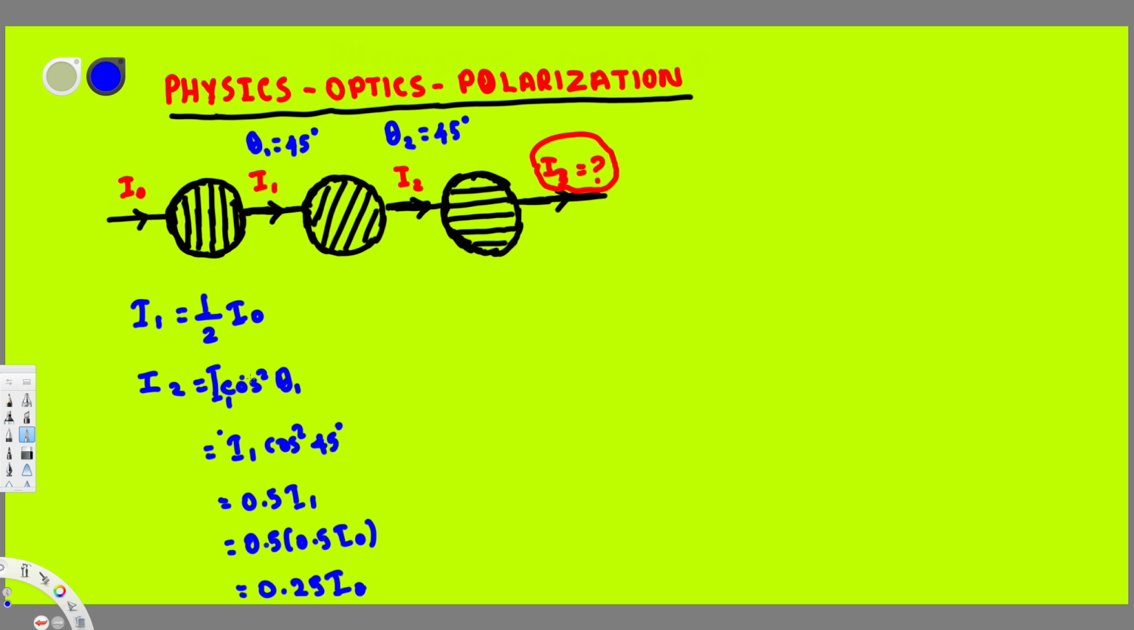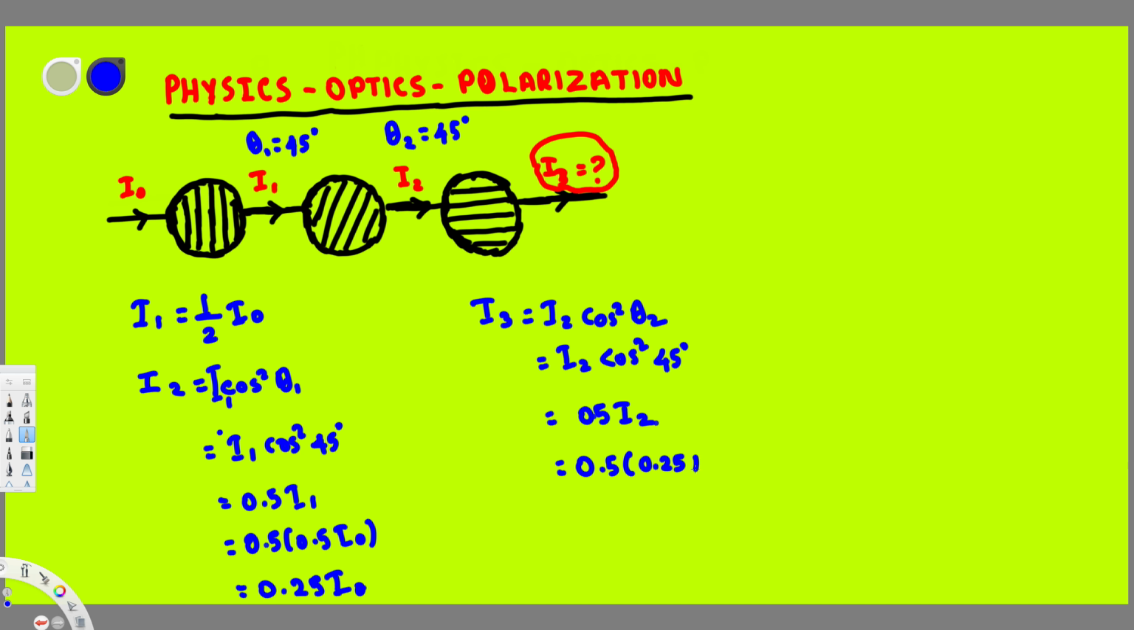We are going to use this equation again, that is I3 is going to be equivalent to I2 cos square theta 2. Now I2 remains the same and cos square is going to be cos square, and the theta again is 45 degrees. So that's going to give us again 0.5 I2. And we know that I2 is 0.25 I naught, so we can replace this I2 with this value. So that's going to give us 0.5 times 0.25 I naught, and if you calculate this one you will end up with